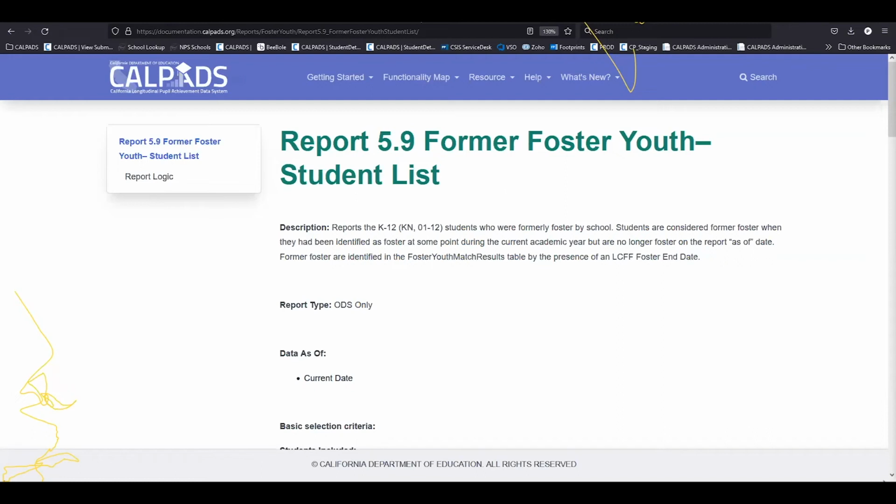Linda says the 14.1 is still showing zeros for her, even after logging out, logging back in. This is happening with multiple LEAs that I submit for. Should be working. We might have to look into that a little more. Yeah, I would say check the revision date and make sure it's after the noontime yesterday. And then to verify, ask them for their job ID for the files that they submitted for 14.1. Make sure they actually posted data. And remember, even if you have one rejected record, that means the records are